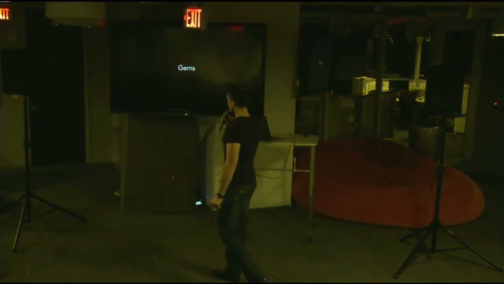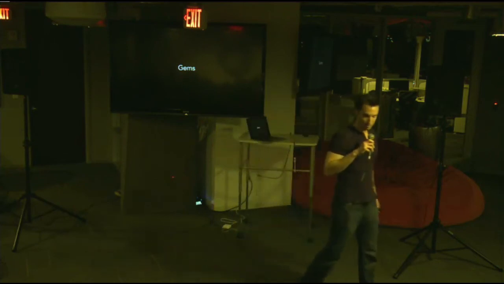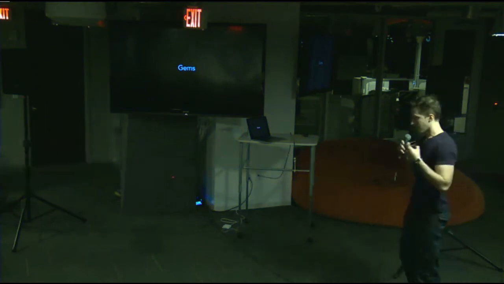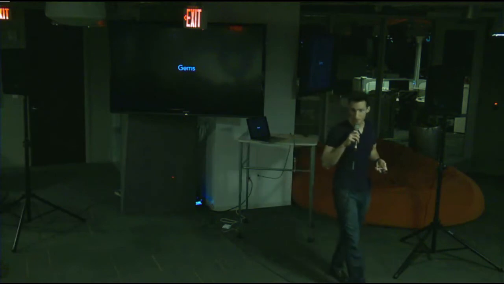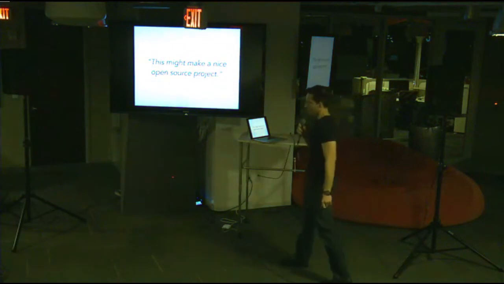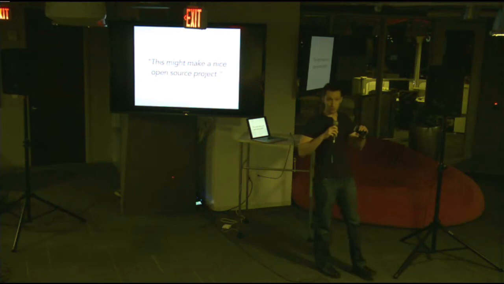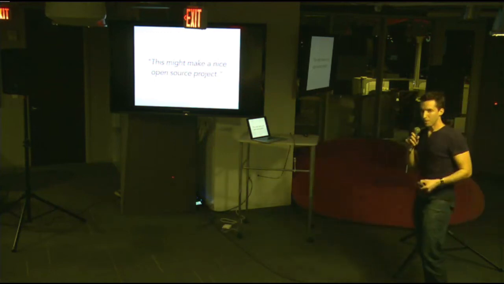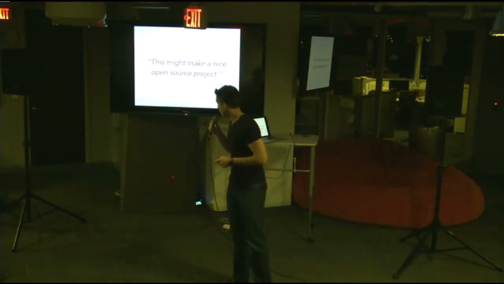So let's first go through the 3 different pieces and talk a little bit about them if you're not familiar with them. And then we'll go into an actual example that is taken from some of the client work that we've done in the past. So the first one is gems. Like I said, gems are anything that you think might potentially make a good open source project. This doesn't mean that you have to release it publicly, but if you think that it could be released publicly, then this is a good opportunity to use a gem.